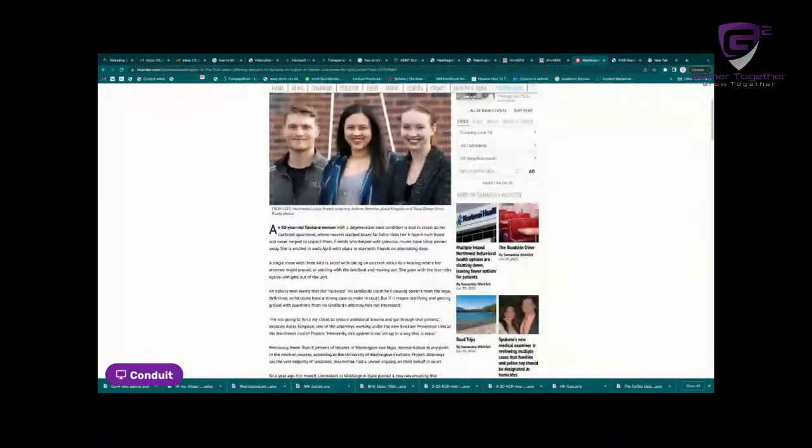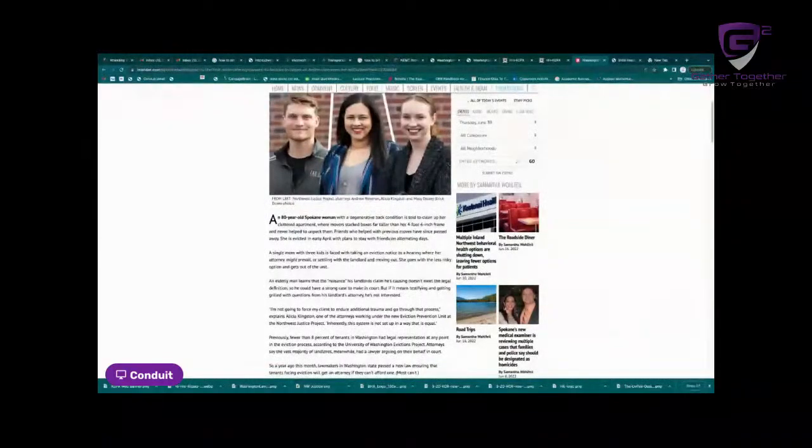Just quickly, an 80-year-old Spokane woman with a degenerative back condition is told to clean up her cluttered apartment, where a mover stacked boxes far taller than her 4-foot 6-inch frame, and never helped to unpack them. Friends who helped with previous moves have since passed away. She is evicted in early April with plans to stay with friends on alternating days. A single mom with 3 kids is faced with taking an eviction notice to a hearing where her attorney might prevail, or settling with the landlord and moving out. She goes with the less risky option and gets out of the